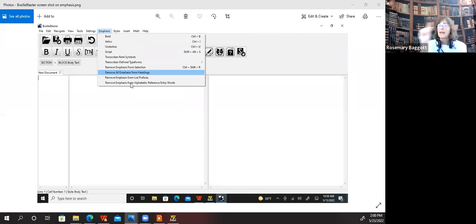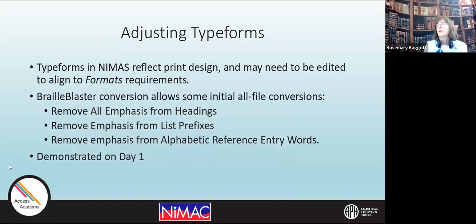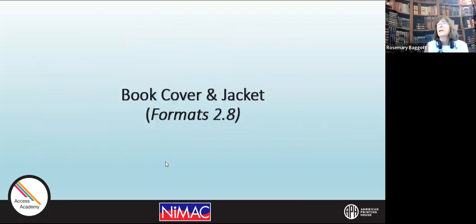You also want to remove emphasis from alphabetic reference entry words. We'll cover those more later. That was all demonstrated on day one.